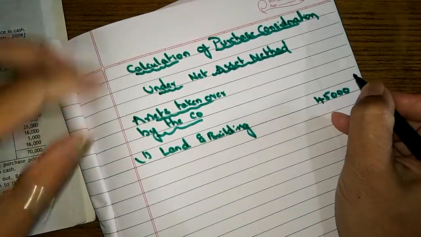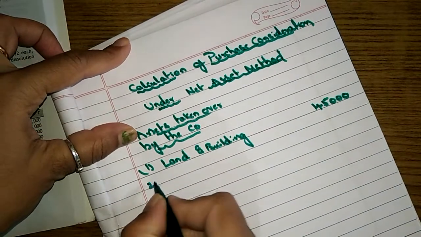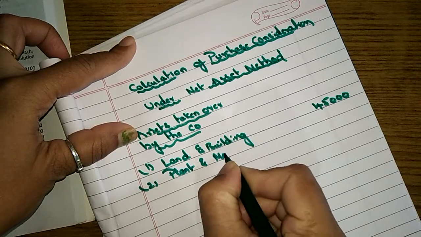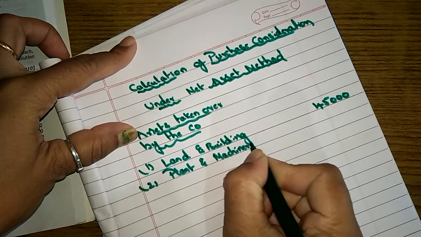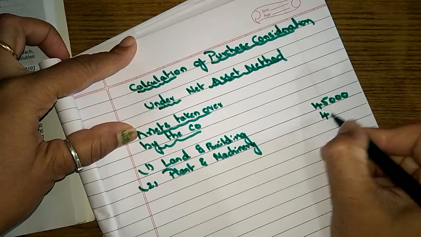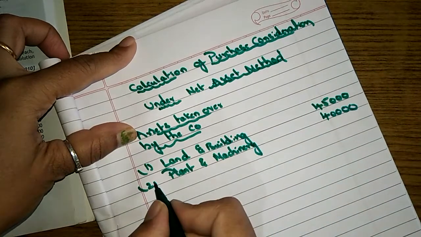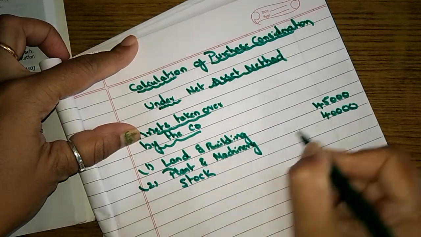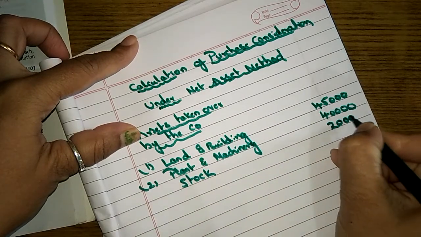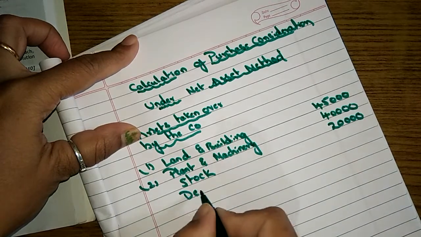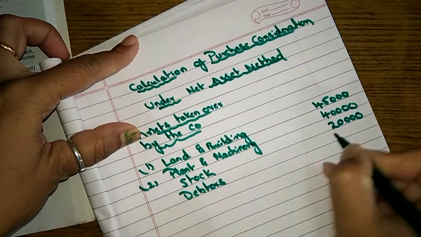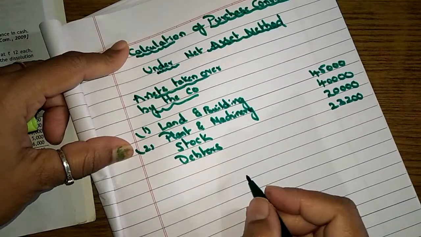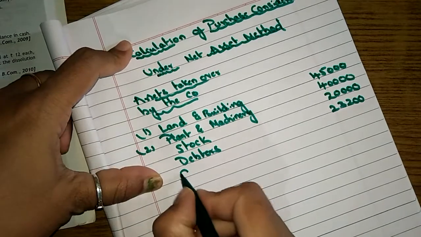And the second information is about plant and machinery, it's 40,000, and stock 20,000, debtors 23,200. Any other assets? Yes, we have goodwill